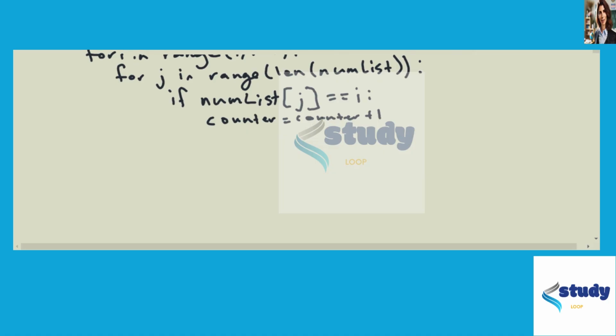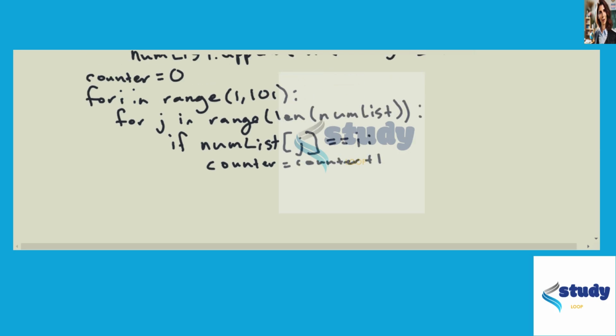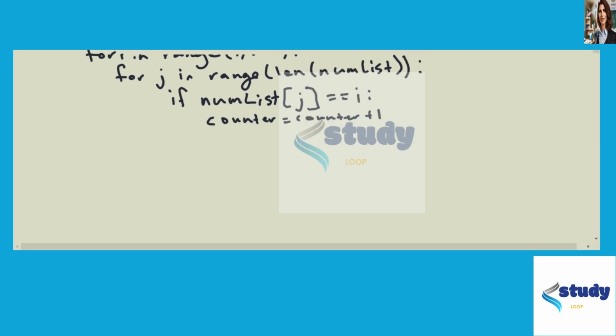All right, so it's going to iterate through that, and after it counts up the number of, for example, ones in the list, then we want it to print out how many ones there are in the list. If there are no ones in the list, we're just going to basically ignore it, right? But if there is an element in the list, then if counter does not equal 0, and if counter is equal to 1, then we want to print